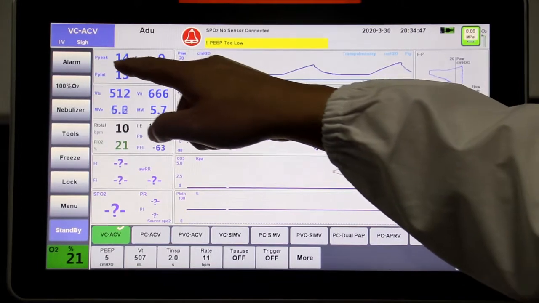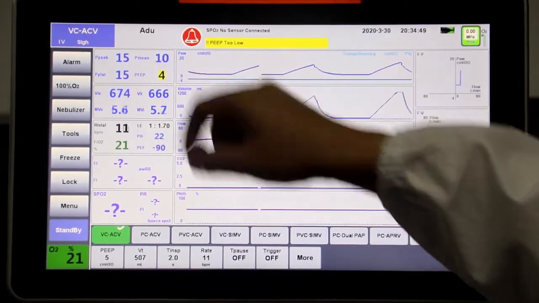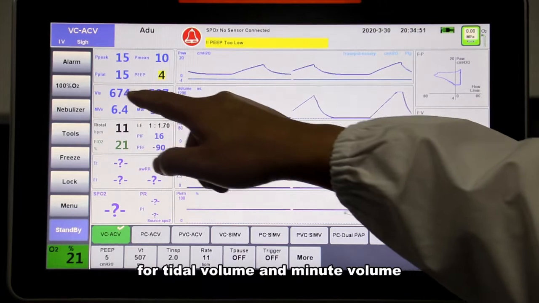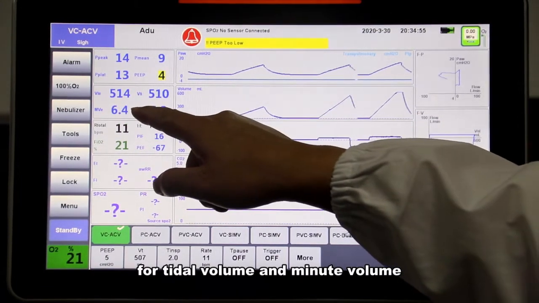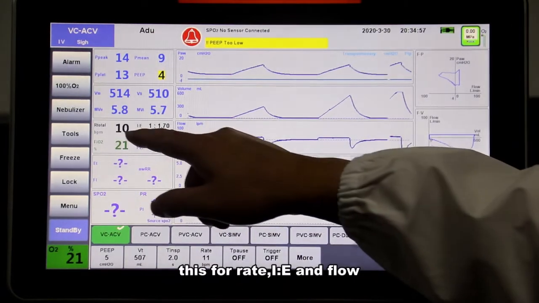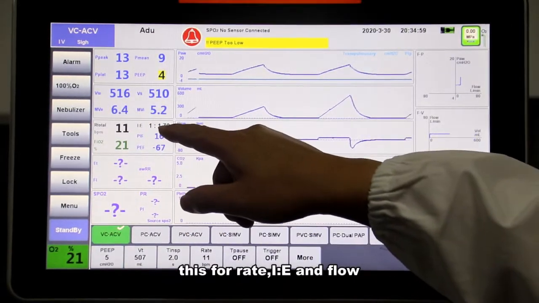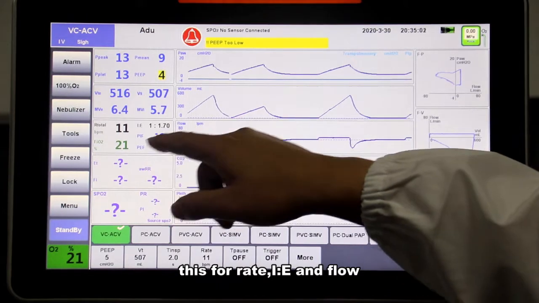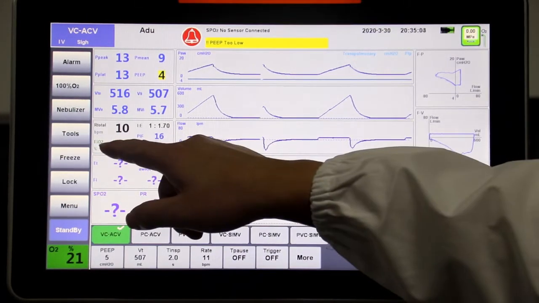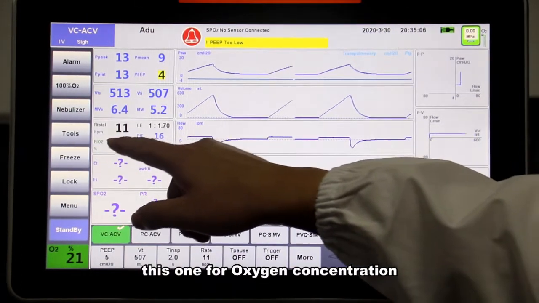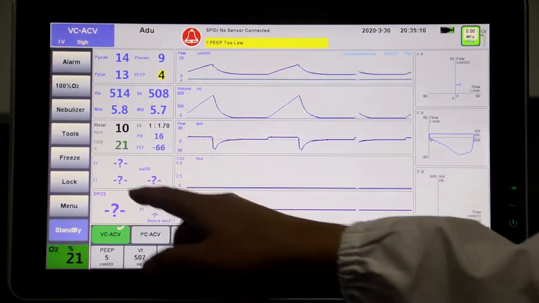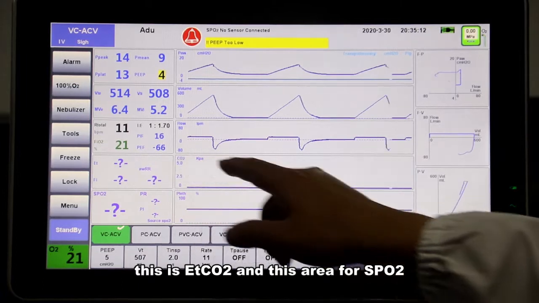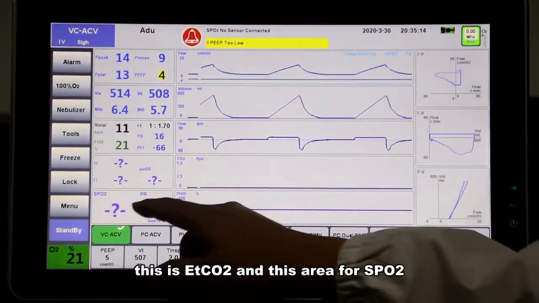This monitors the pressure. This for tidal volume and minute volume. This for rate and IE ratio and the flow. And this one for oxygen concentration.